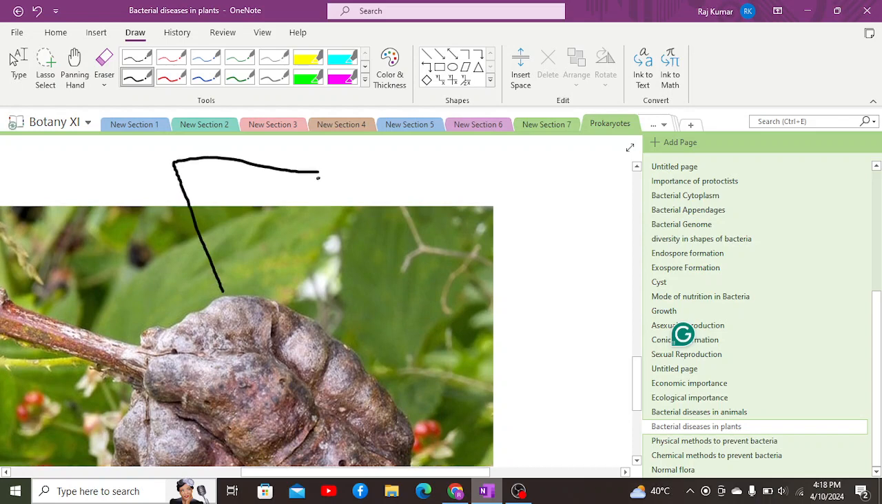This bacterial gall basically occurs in woody and herbaceous plants, for example trees, or those plants which are herbs, which are infected by bacterial gall. Now, bacterial gall is caused by two major organisms as per our book, which includes Rhizobium leguminosarum,